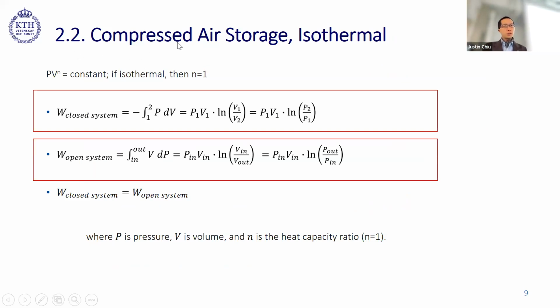This equation 2.2, compressed energy storage, isothermal. This means that we have n over here equals 1. So, you know, for ideal gas, PV equals mRT. If this is a constant, so if the